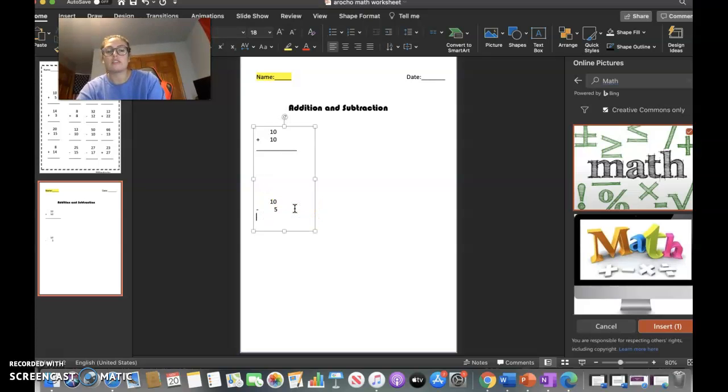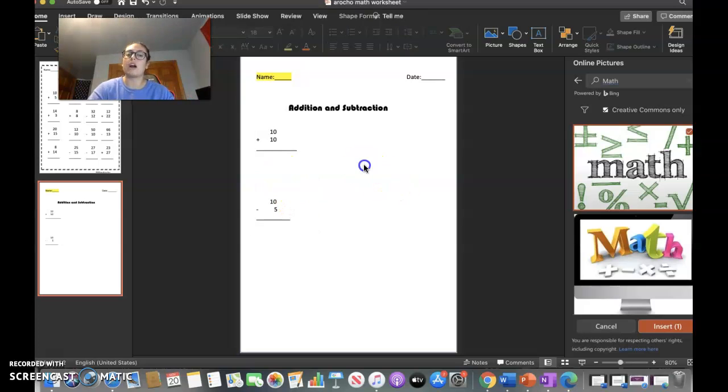And you want to make sure that everything lines up. Like you want your ones with the ones, tens with the tens, hundreds with the hundreds. Because if not, it's going to look weird. The students are going to have a hard time understanding it. So say you did that whole column and you want to add another column right next to it. All you do is create another text box